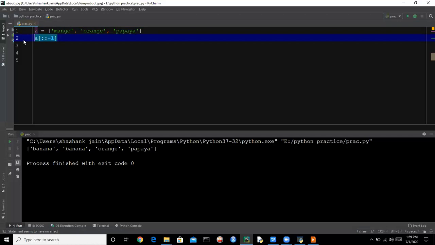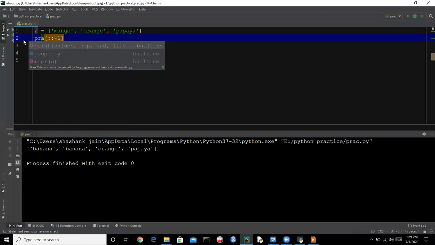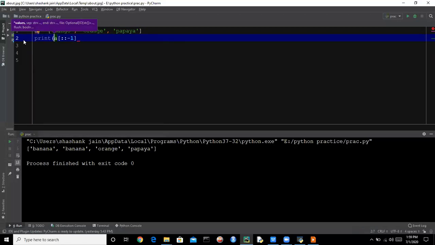This is the syntax for reversing a string. This is also the syntax for reversing a list. So we can just reverse the list by using this syntax. So here we are having papaya at first and mango at last. So this is how we can reverse a list.